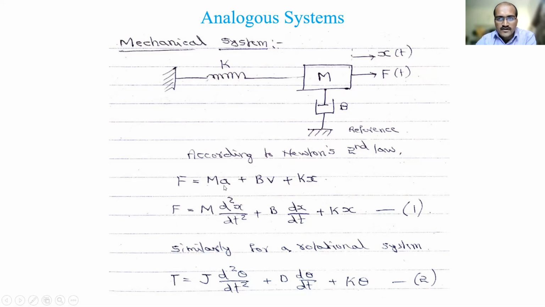mass into acceleration. Whatever we have written yesterday, the equations for mass, spring and damper, we try to club them. As in the series RLC network, we write V equal to IR plus L into di by dt plus 1 by C, like that. Same way we have to write here using Newton's law. All these equations we have seen yesterday. So first, for mass, it is mass into acceleration, ma, plus if you have the friction, it is B into V, the velocity, plus k into x.